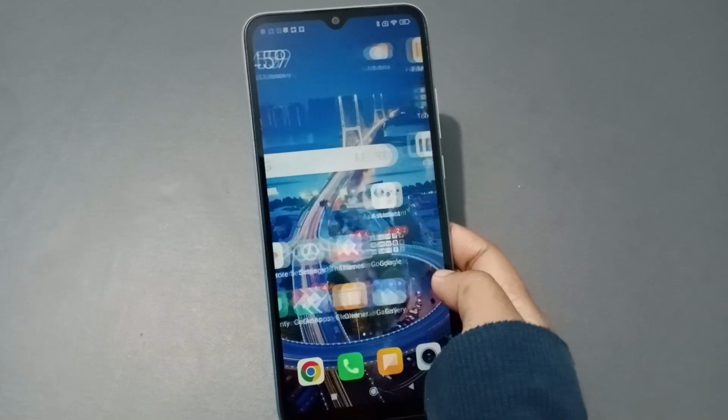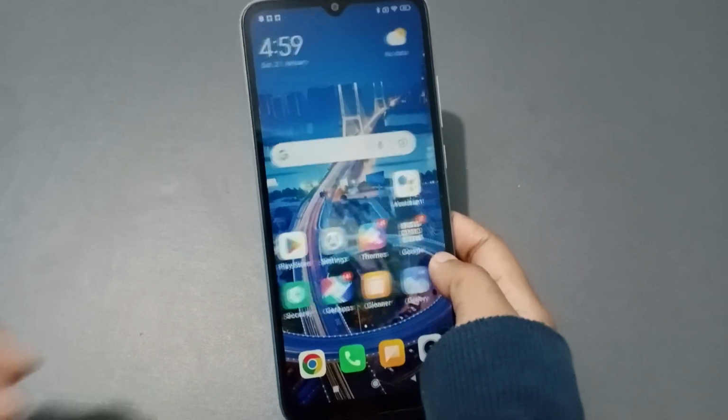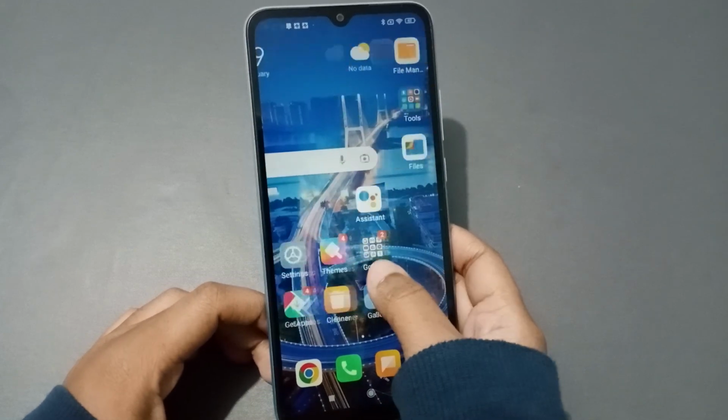Friends, in this video right now I'm going to show you how to remove or turn off the screen lock password